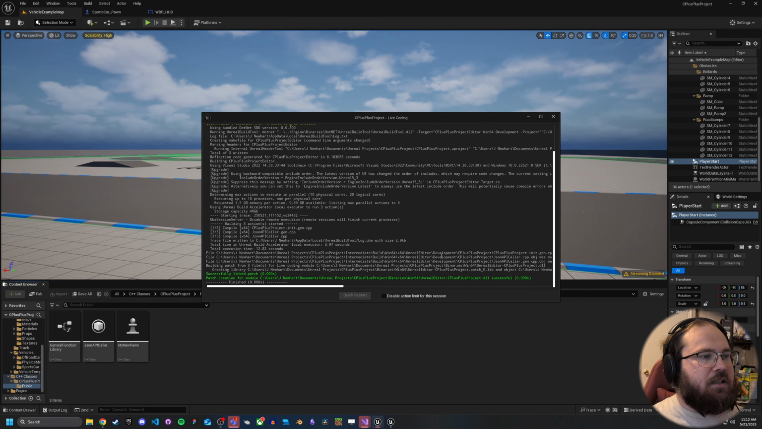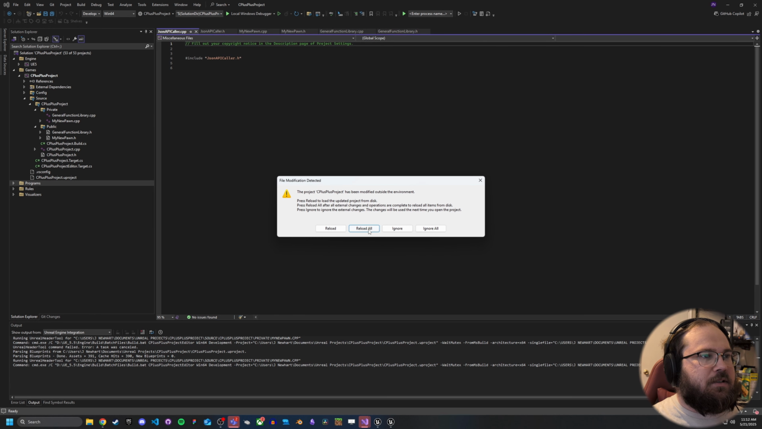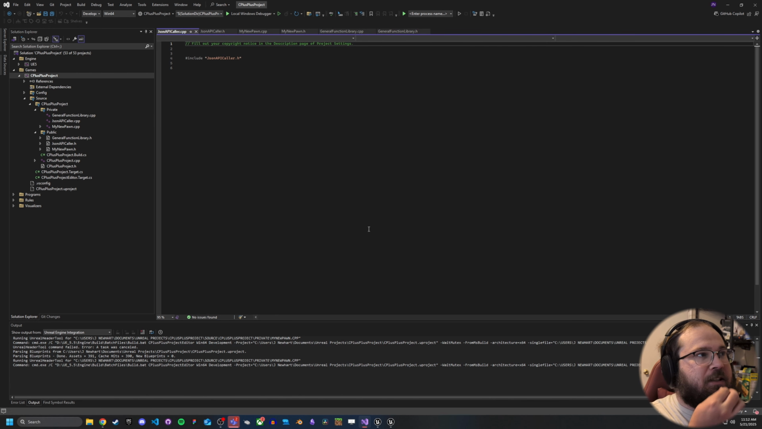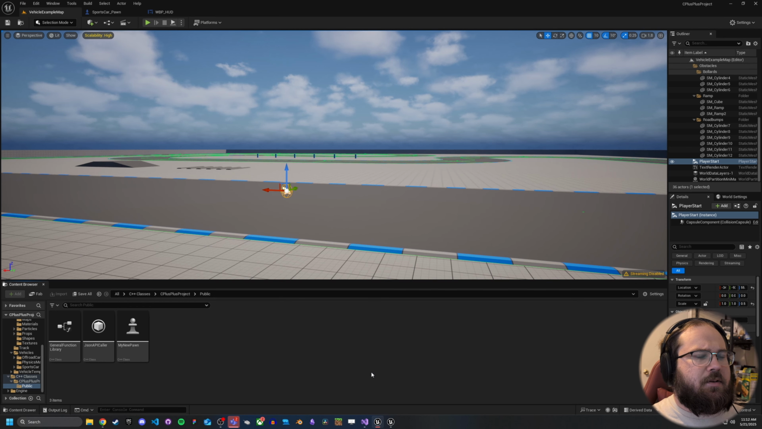All right, looks like the live coding built, so we should be good to go into our project, and we're going to hit reload all, and of course it's going to pull in those new classes. So when it pulls it in, it's going to be very blank, not a whole lot going on here. So let me go ahead and close some things here, and we'll get looking at